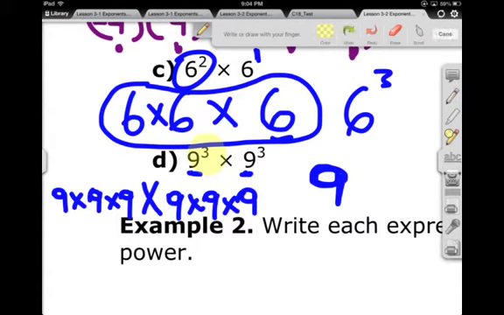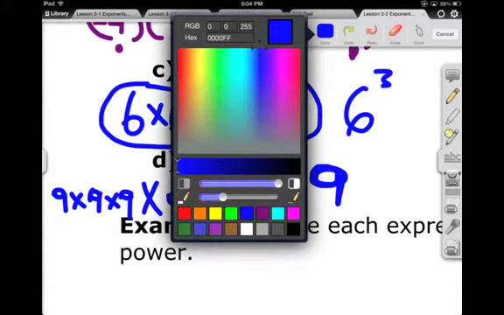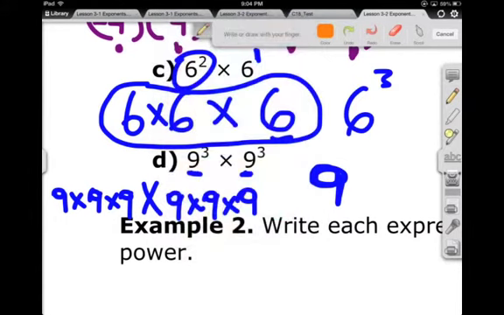I'll choose a different color, a nice burnt orange. You could just simply add the exponents as long as the base is the same thing. 9 to the